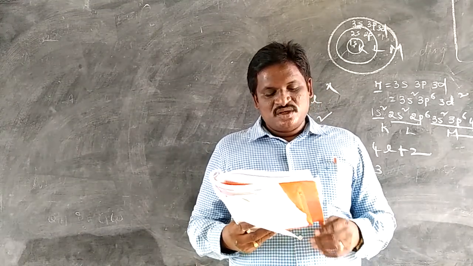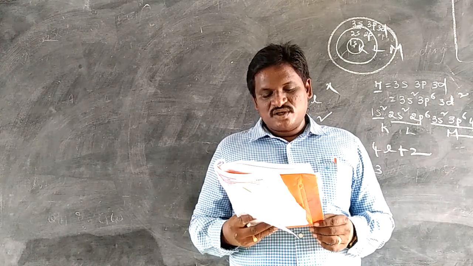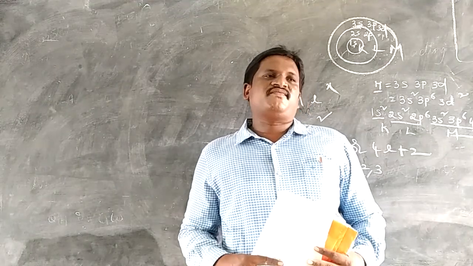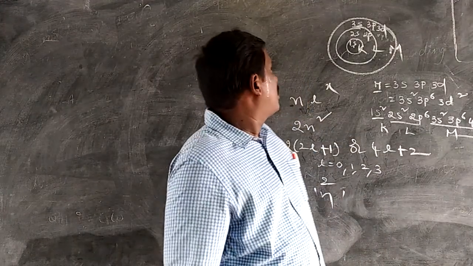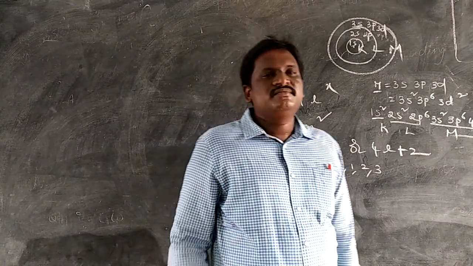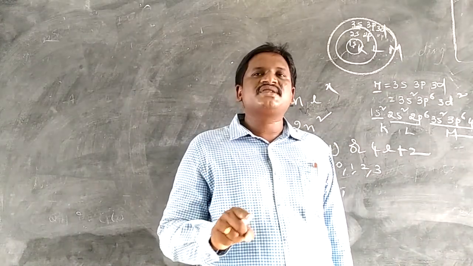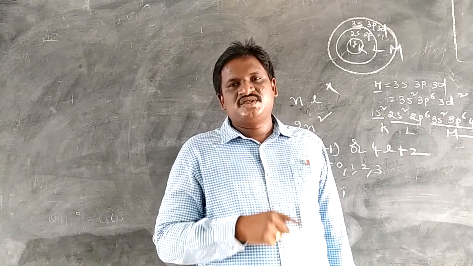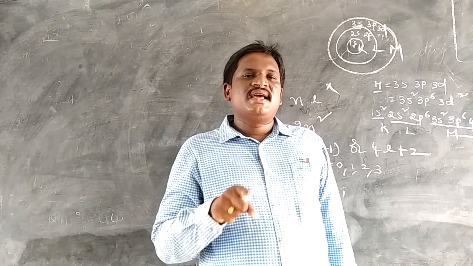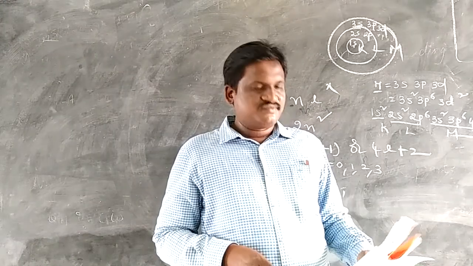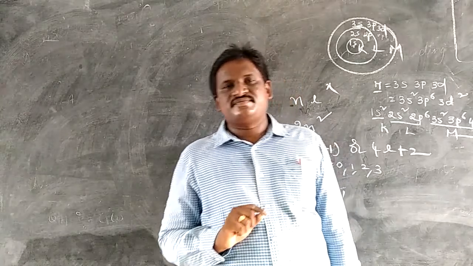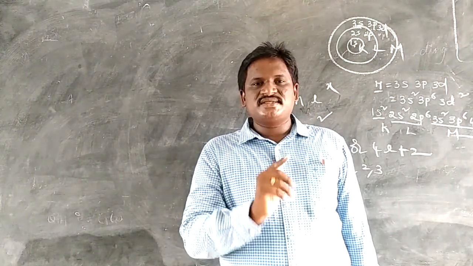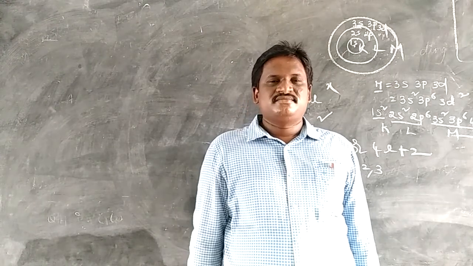Next one, what is an orbital? How is it different from Bohr's orbit? First, orbit or shell. The path in which electrons revolve around the nucleus is called orbit or shell. These are designated by K, L, M, N, O and so on. 3 points only you learn. Orbits: the electrons revolve around the nucleus in a particular path called shell.